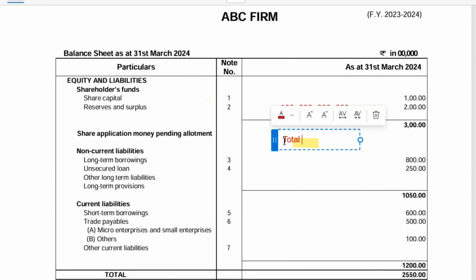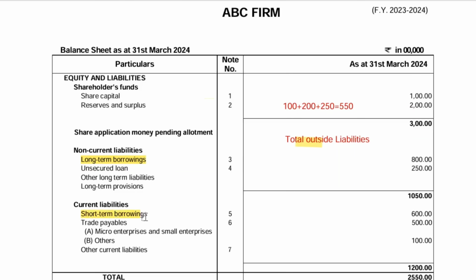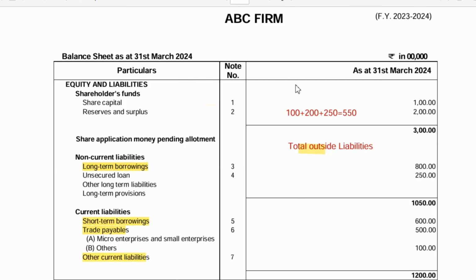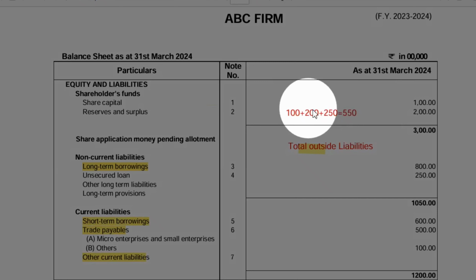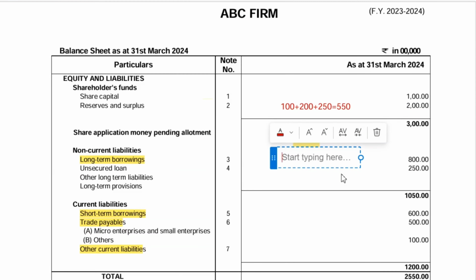Now the second parameter is TOL by TNW. So first you need to understand what is TOL. TOL means entire liability reflected in the balance sheet excluding net worth or equity, that is secured loan, current liability, creditor and other, except this net worth, right? Now what is TNW? Basically it includes net worth of the firm, and if there is any intangible asset in the form of brand, goodwill, trademark, etc., we need to deduct it from the net worth of the firm. So here we don't have any intangible asset, so no need to deduct any amount, right?